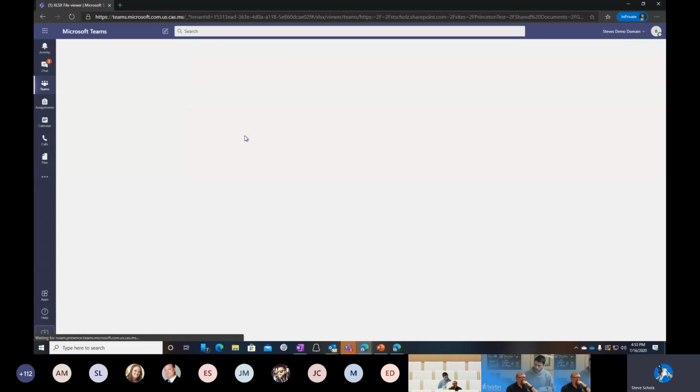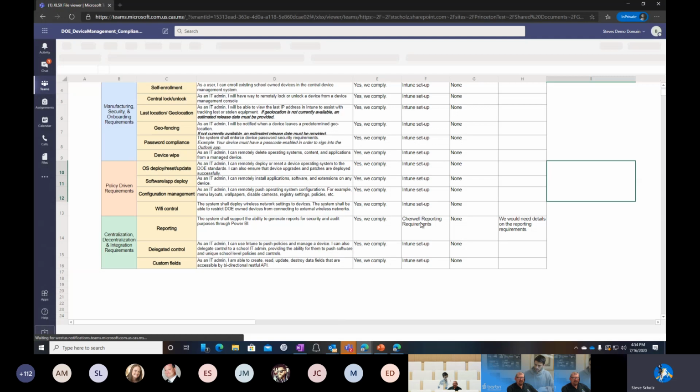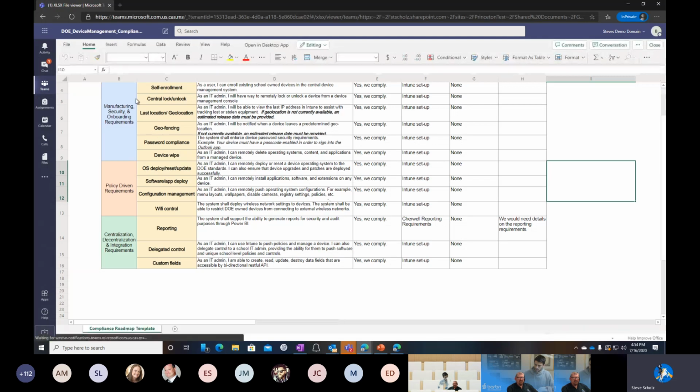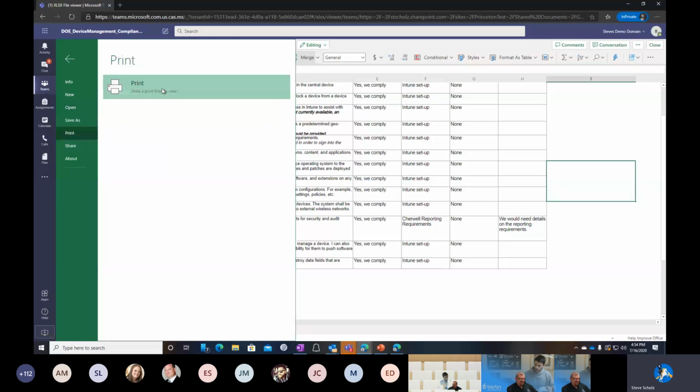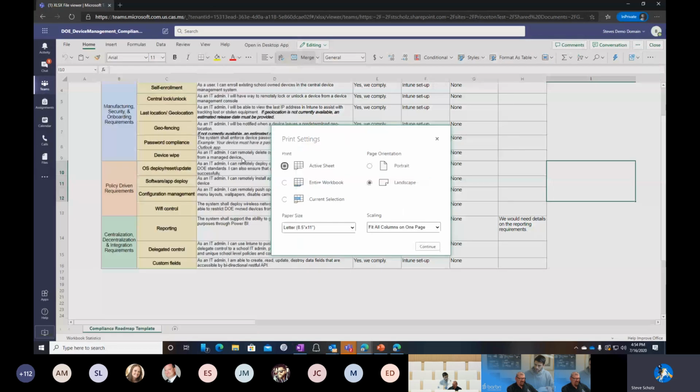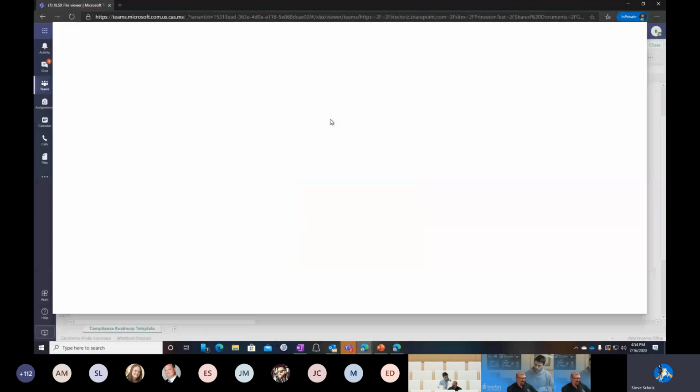And we're going to pick on the DOE device management one. And when I go into here, you'll see that I have access to it. So it's waiting for Excel. I have access to it. But if I come here and say, let's say, print, it'll open up print. I hit continue. It's basically going to give me,